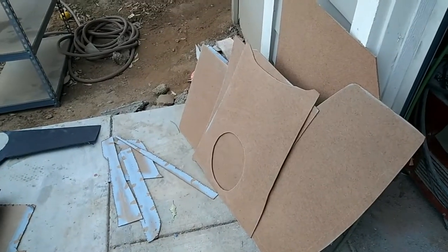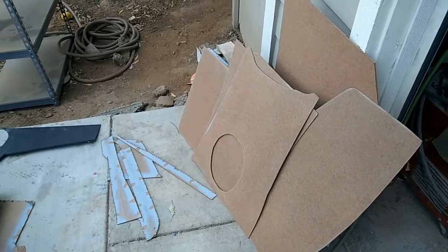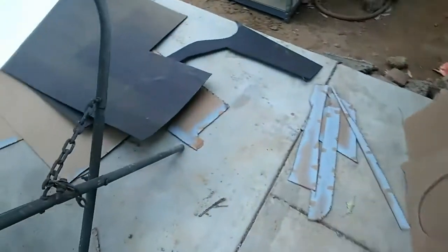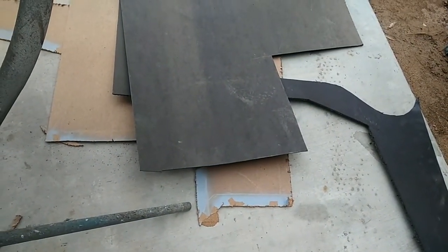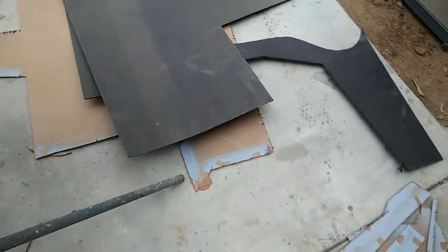Kombi door panels for Kombi bus. The original ones were made out of this type of material here, this cardboard type of stuff. They actually had a little bit of a texture to them. So,